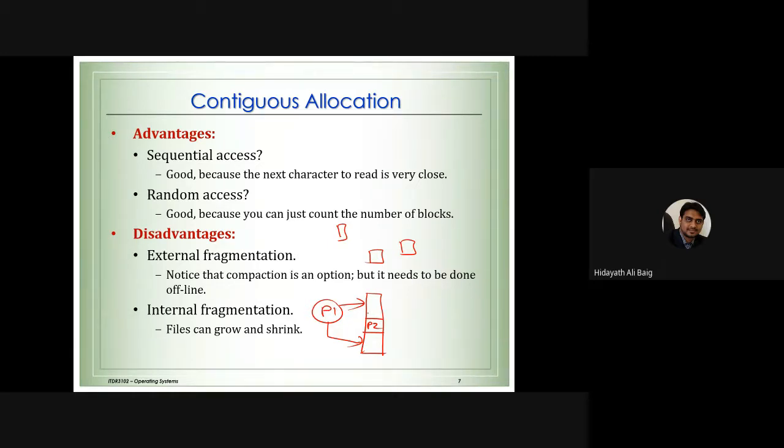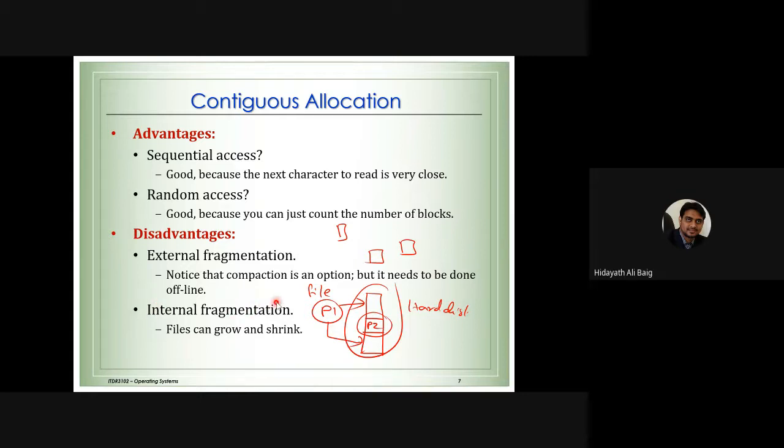Same thing for the file also. Think of this as a file. Now take this as a hard disk. This method is contiguous allocation. It wants the data or file to be stored in a continuous location, but now in the middle there are some other files and other data, which means there is external fragmentation. So what is external fragmentation? Memory is available in different locations but not in the same location. Okay, leave this point, this is a technical thing, I don't want to discuss this. Just remember this: disadvantage, external fragmentation.